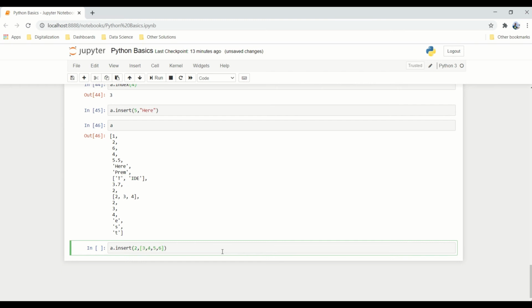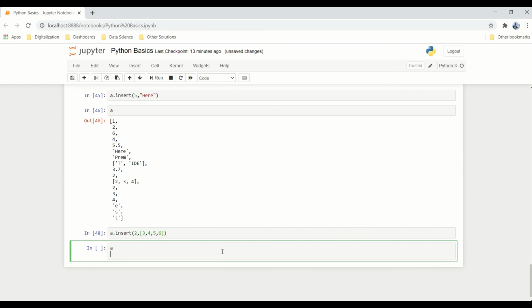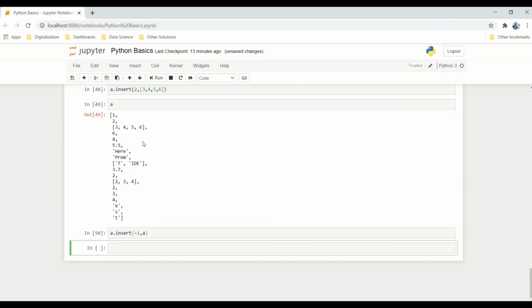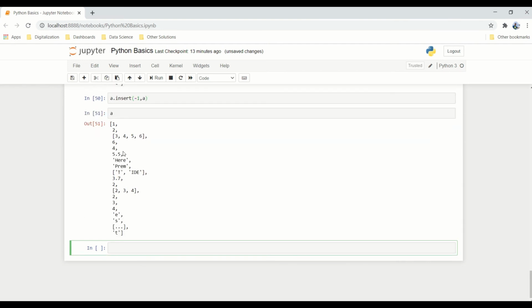Yes, that will be inserted. Now if I try to insert from the negative index or positive index, it doesn't matter. I can even insert the whole list A itself into A. So the nested list also can be inserted.